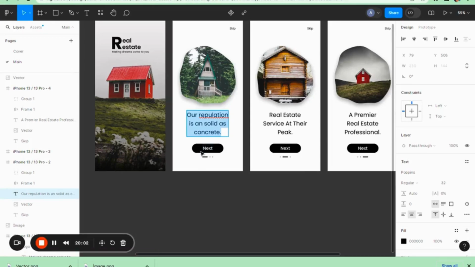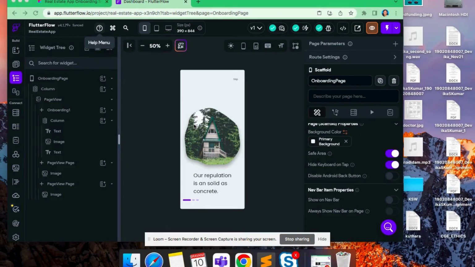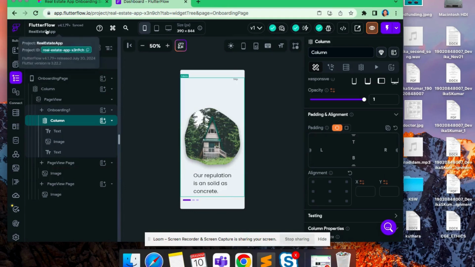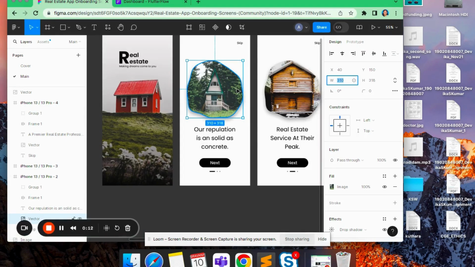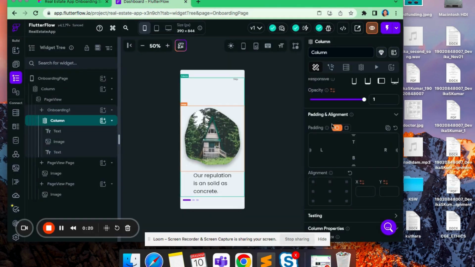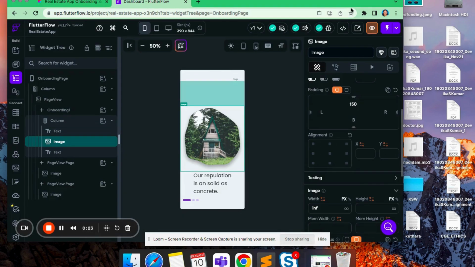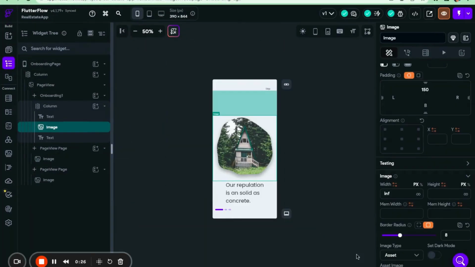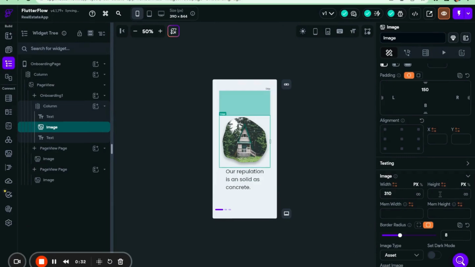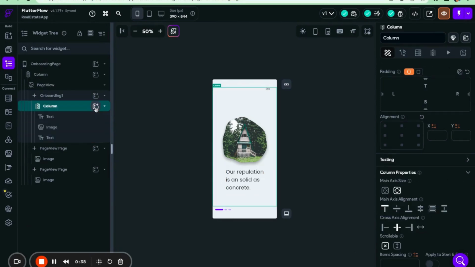Next we need to create a button. So for creating the button, we have to again select this column. Before that, let's recheck the size of the image dimension from the actual sync file. It's 310 by 318. Let's create that, 310, copy it, and 318. So that's why it's taking too much of space, I believe. Let me expand this, and it will be 310 and 318. Yeah, now it's fine. And to this column we can add a button,